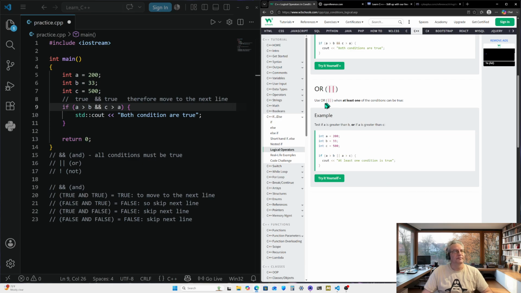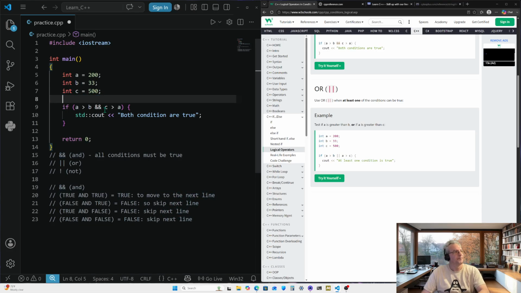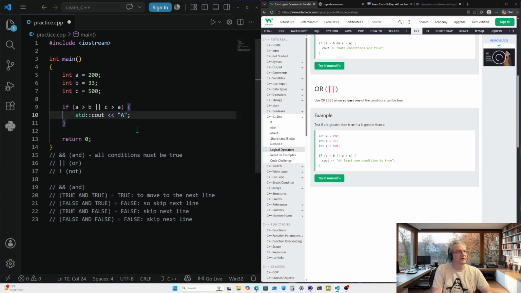Now we're going to deal with or. Use or when at least one of the conditions can be true. It looks like we're going to use the same example here. The only thing different we're going to change is, for one, this right here. We're going to get rid of this comment because it's no longer going to apply here. You're going to get rid of this and change it to the or symbol, which is going to be that. And then we're going to change the statement here, because the statement is going to be false too, to at least one condition